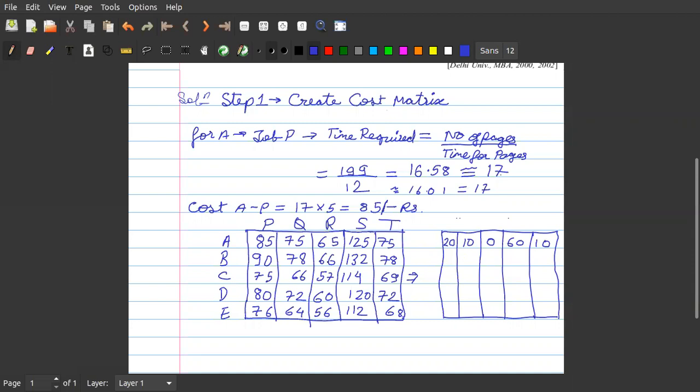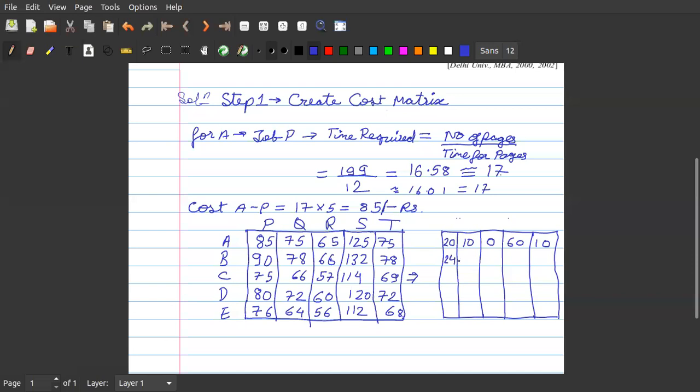Similarly, in this row, the minimum value is 66, isn't it? So we'll subtract 66. So 90 minus 66 will be 24, isn't it? 90 minus 60 is 30, 30 minus 6 is 24.